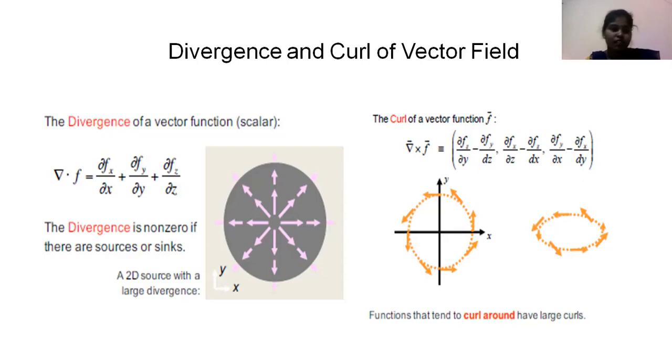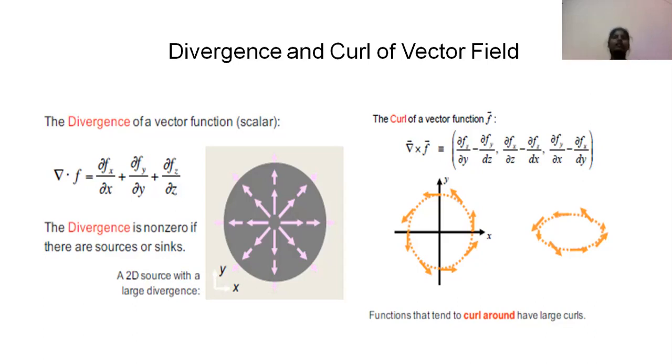For the positive divergence, it's known as the source or faucet. And for the negative divergence, that is known as the sink or drain. The divergence is non-zero if there are sources or sinks. That's what is given here. If you see the arrows, from a given point it is divergent. The bigger the arrows, the more the divergence if the point is very near to that. And as it goes away, you see smaller arrows, so the divergence is decreasing. So it tells how much a vector is divergent.